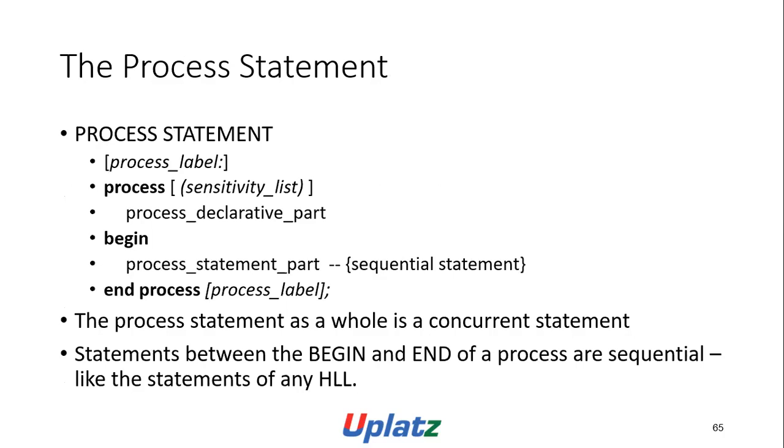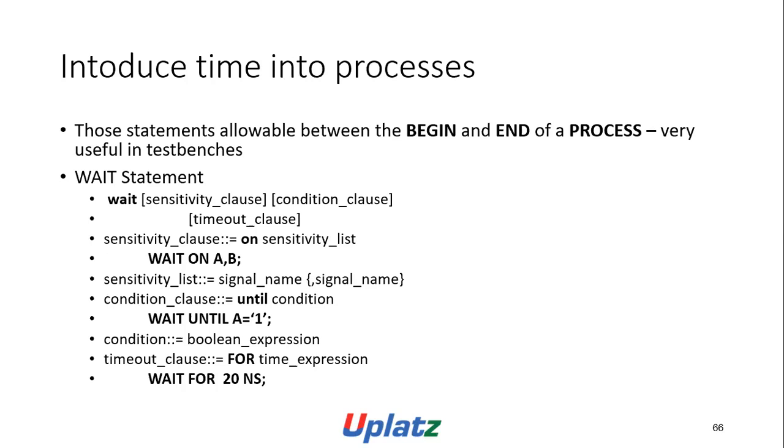Process statement: process label, process sensitivity list, process declarative part, begin, process statement part with sequential statements, end process label. The process statement as a whole is a concurrent statement. Between the begin and the end of a process, statements are sequential like the statements of any HLL. To introduce time into the process, wait statements are allowed between begin and end of a process, very useful in